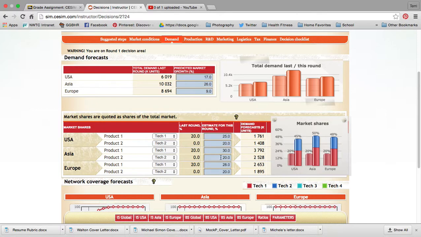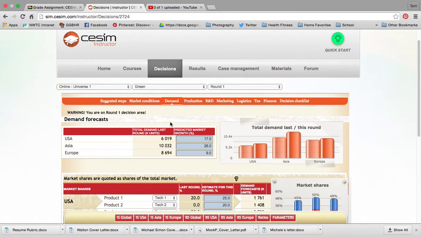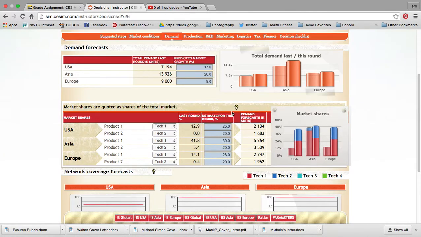So these are really good market numbers considering everybody started at 20% even market with 5 teams. So if you're somewhere between 20 and 30% for the first couple rounds, that's probably really good until you start doing better. So when you look at the next round, and I'm just going to go to round 2 to see where we're at right now. You can see now, for Team Green, they took 41% of the market last time. I probably wouldn't leave this at 30, I would raise it. So this is something that you can think about. For product 1, you don't have 25% of the market, so maybe you want to lower it a little bit and make your numbers a little bit more realistic.